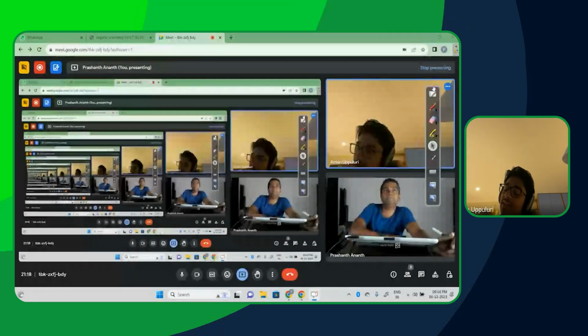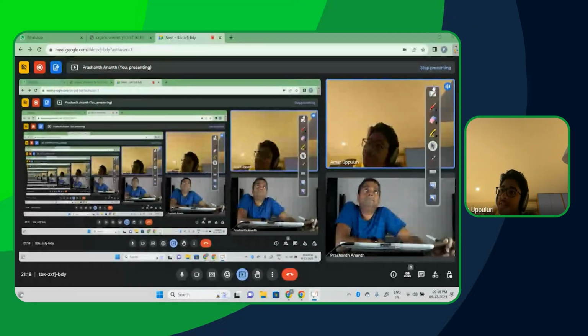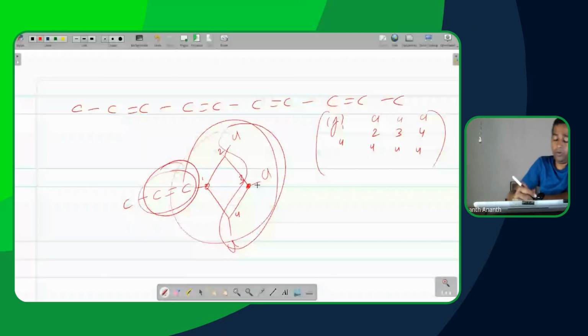Or is there a possibility that if the carbons are front and back, you have to see with respect to what you're trying to chain? Effectively, say here,